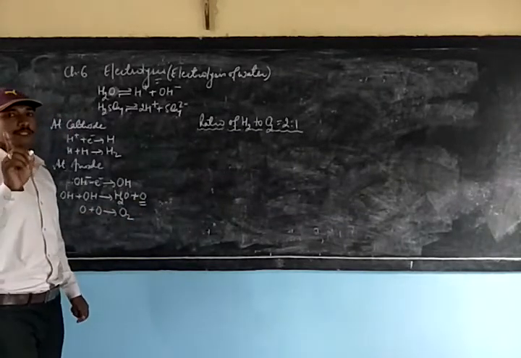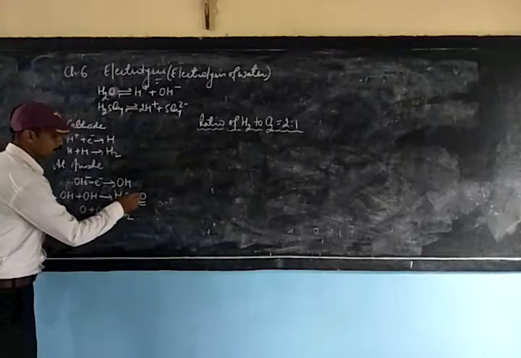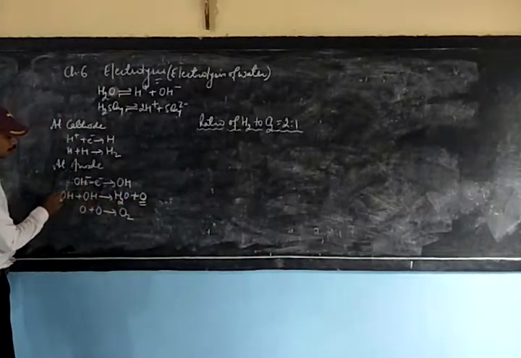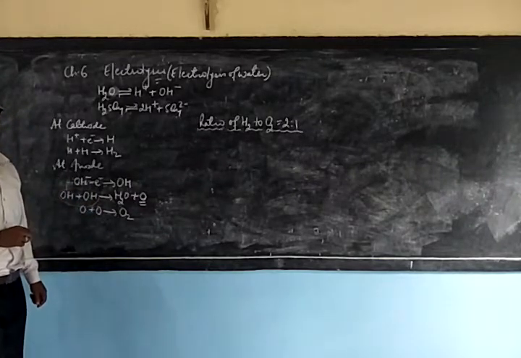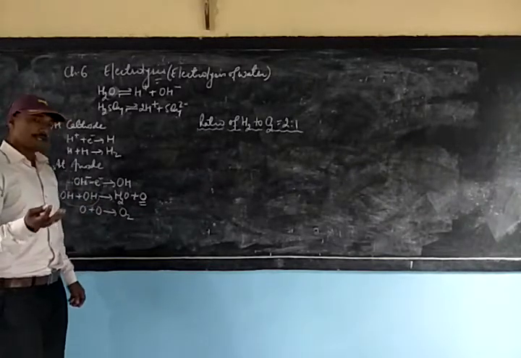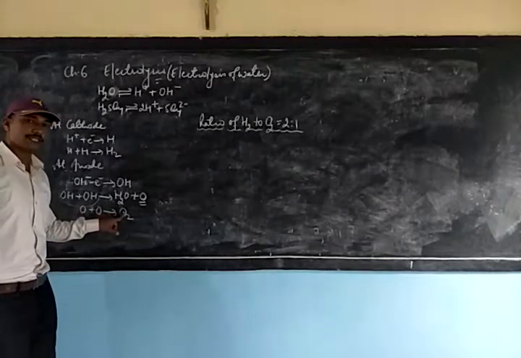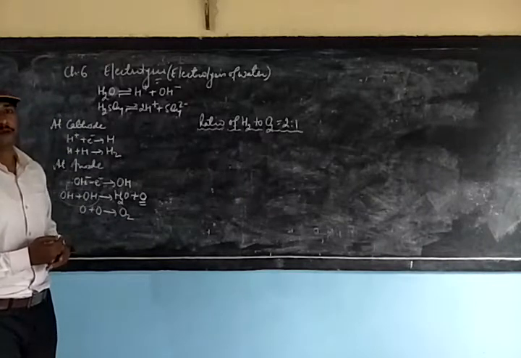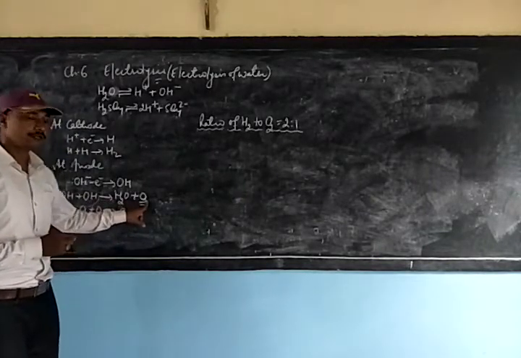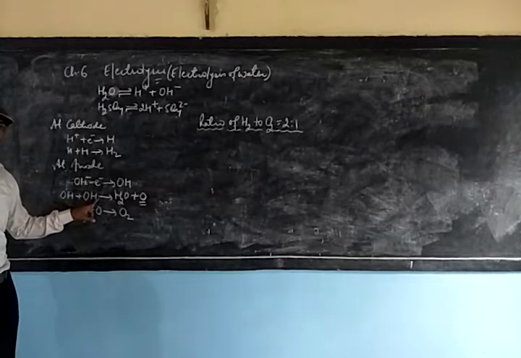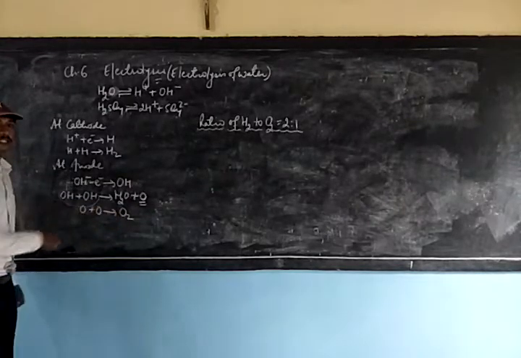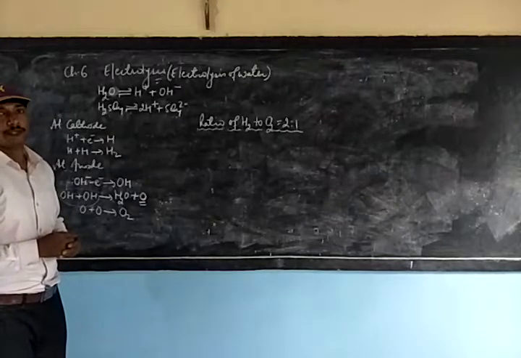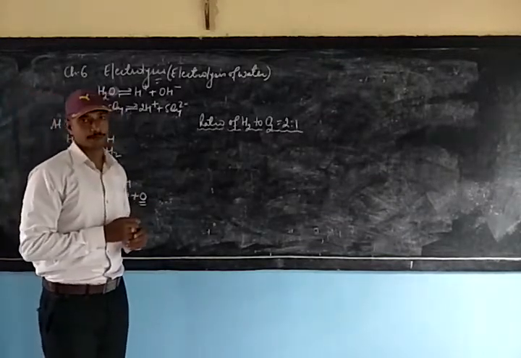Means one atom of oxygen is produced, and for the production of one atom of oxygen there are 2 hydroxyl groups required. So it is quite understood that to produce 2 atoms of oxygen, altogether 4 hydroxyl groups are required. Once again, for 1 atom of oxygen there are 2 hydroxyl groups required. For 2 atoms of oxygen it will be 4 hydroxyl groups required. Now how will these 4 hydroxyl groups come?